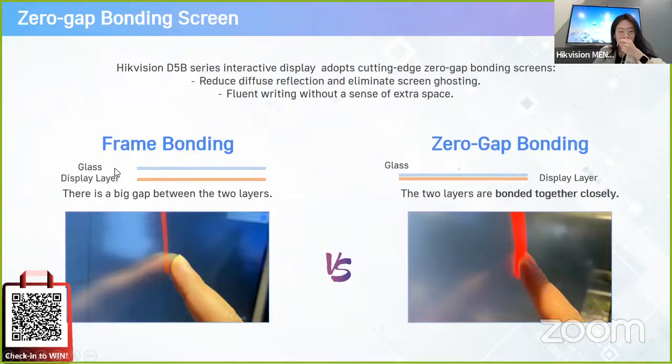For the frame bonding, it has the glass for the display layer. So before, for the other technologies we have, there is a big gap between the two layers. Similar to if we put our finger to a mirror, have you ever tried to put your finger to the mirror? You will find between you and your shadow there will not be the sameness. There will be a gap. So this will be the same kind of effect. So the previous one, there is a big gap between the glass and the display layer. But now, due to the bonded together technology, the glass and display layer can work together